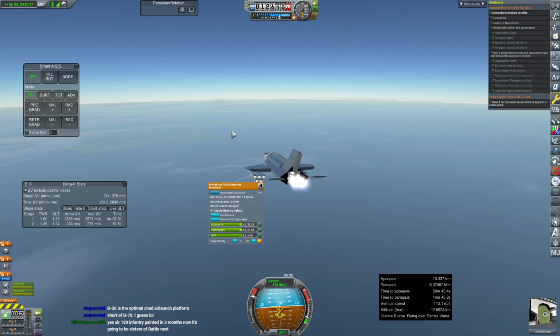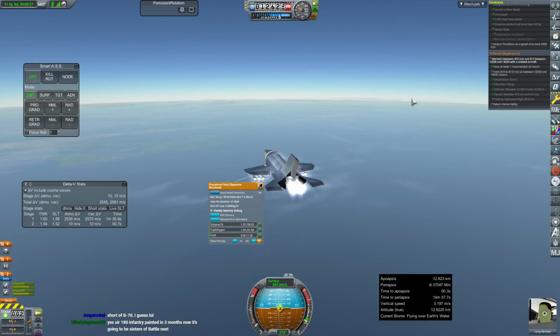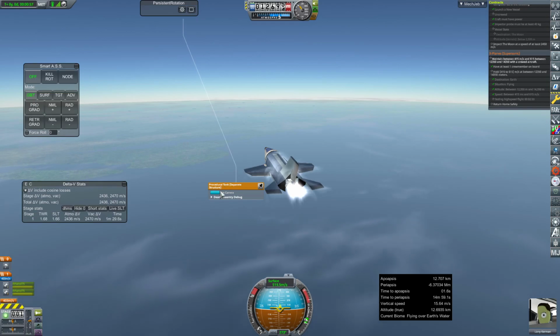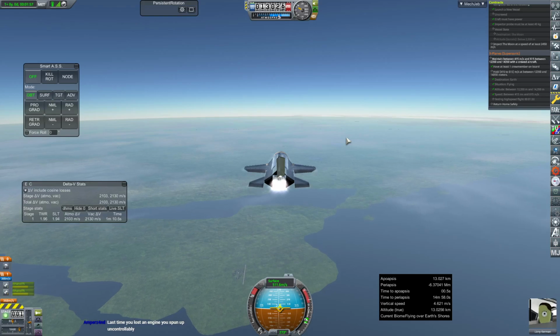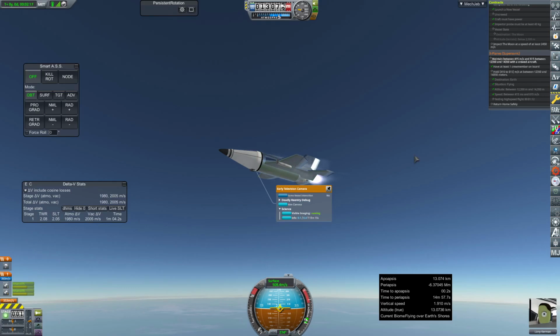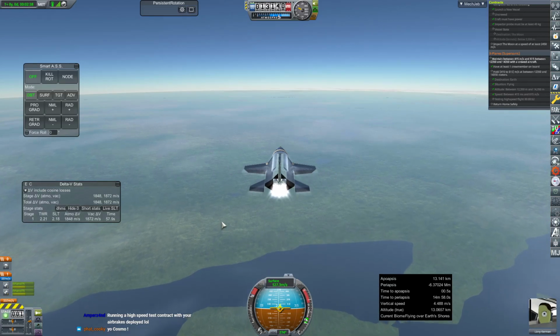Lizney Kerman, our only currently employed Kerbal at the moment, is at the stick. External tanks are away, and we have throttled all the way back, trying to keep our speed below the upper required limit, which in this case is 615 meters per second. And even with the throttle pegged all the way down, we are creeping ever closer to that top end limit. So we'll just throw out the air brakes at supersonic speeds, cause us to bleed off a lot of that, and will keep us within the realms of the contract, which is good because,